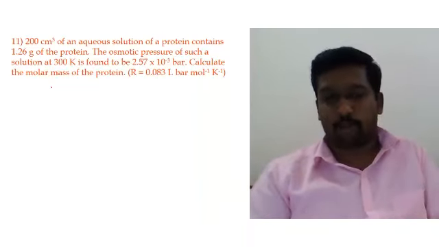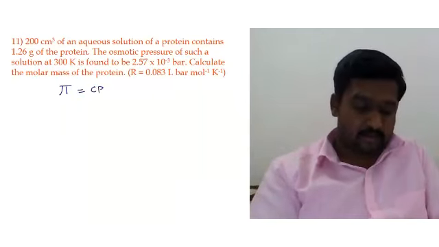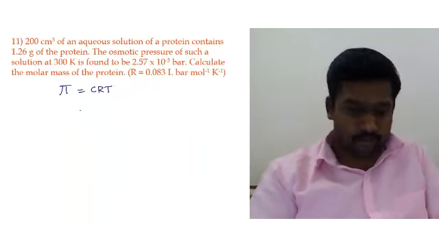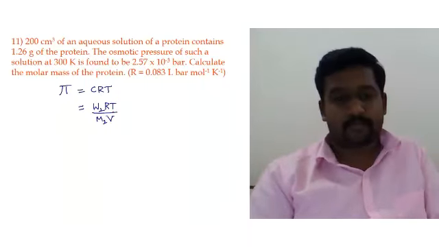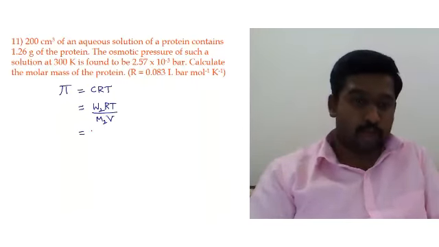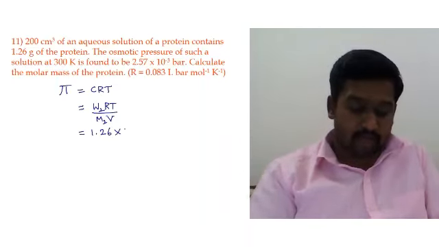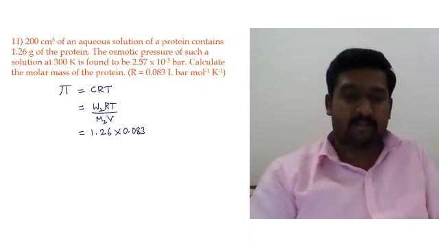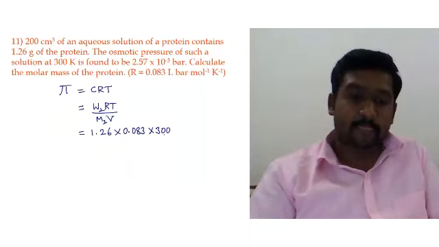Let us apply the formula. Here, the formula of osmotic pressure, pi, is CRT. And if you simplify this, it will give you W2RT by M2V. Okay, substitute all the values. W2 is mass of the solute, that is protein, 1.26 gram, into value of R, which is 0.083, multiplied by the temperature, that is 300 Kelvin, divided by,